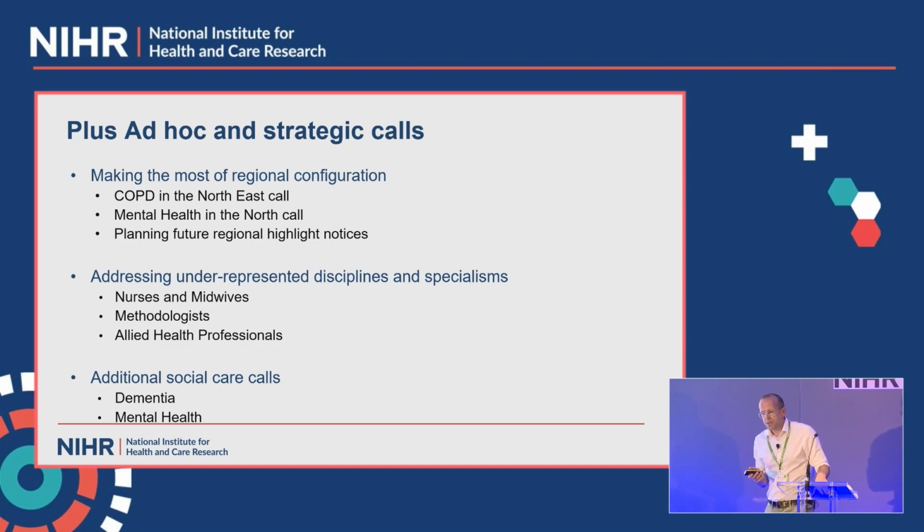And this is something which I think is really important and really exciting, the ad hoc and strategic calls that the RfPB programme is able to do. And some of these are regional, so we've had particular funding calls to address regional needs. So there's a recognition that in the northeast of England in particular, obstructive pulmonary disease is a particular problem, but actually there are not so many research groups that are active in that area of the country. So we had a targeted call to try and improve and drive research capacity development in airways research in the northeast,